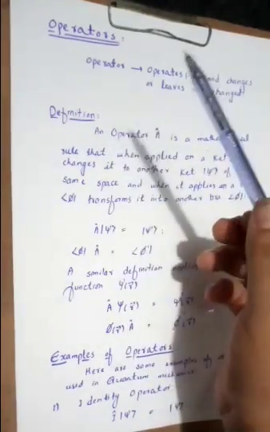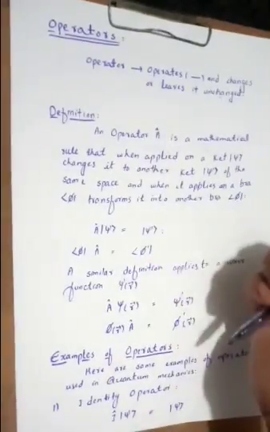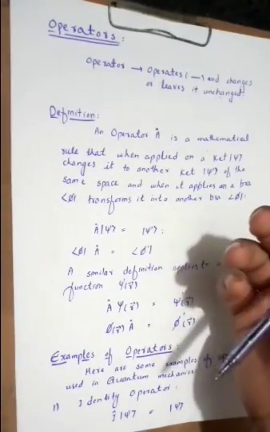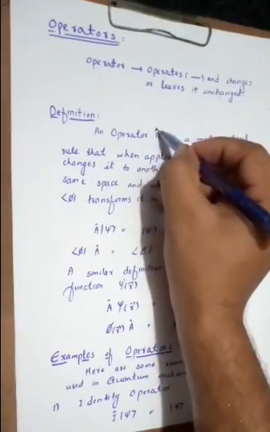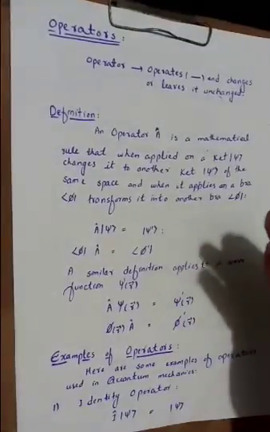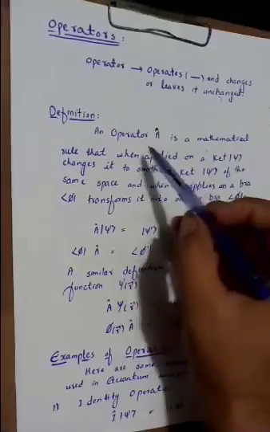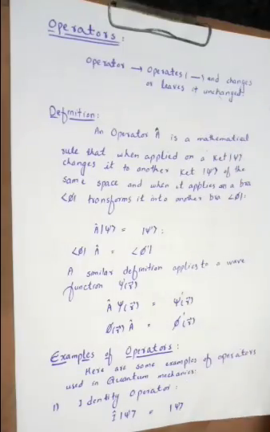Now we come to the definition. An operator in quantum mechanics, we represent just by putting a hat over the symbol or the letter of the observable. It is a mathematical rule. Why do we call an operator a mathematical rule? For example, if we